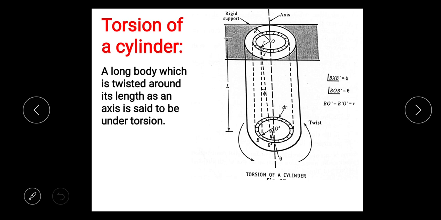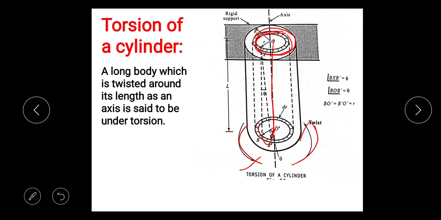If the rod is now twisted at its lower end, here it is twisted like this because the upper end is fixed to a rigid support, then concentric layers slide one over the other. So one of the concentric layers is shown here. There are a number of such layers. All these layers slide one over the other. This movement will be zero at the fixed end. Here sliding does not exist. So sliding is said to be zero, and it gradually increases along the downward direction. As we move from O to O dash, sliding increases.